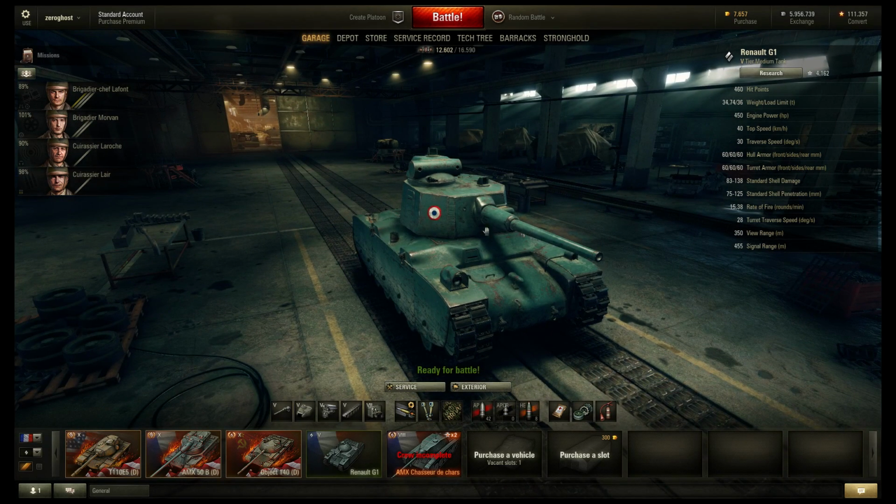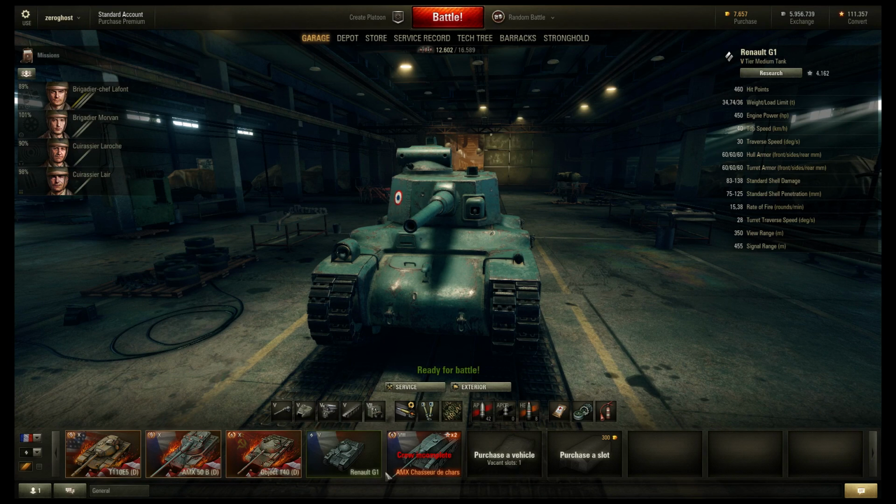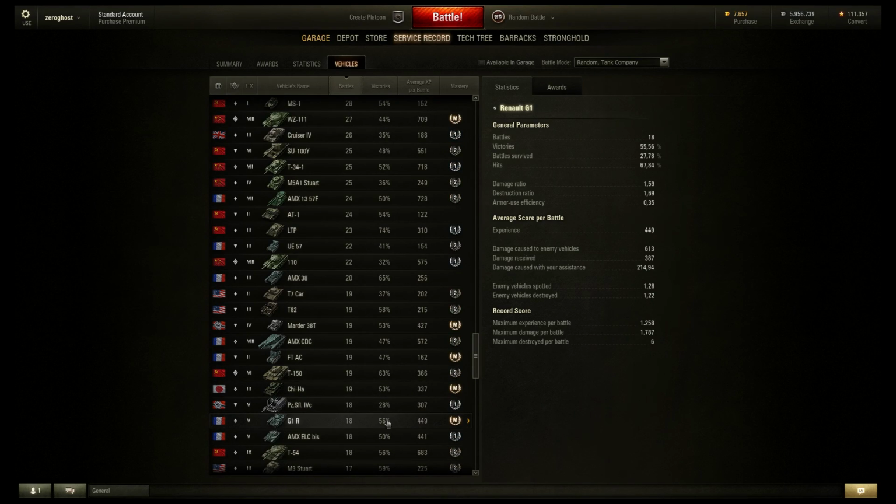My games just seem to be worse and worse with the 105mm, and I'd rather stick to something with more consistent damage output. Let's take a quick look at my stats here. What do I have so far? 56% win rate. Average experience, not fantastic, but it is a tier 5, so... But, yeah, needs work. I don't have a good crew, as you saw, so...